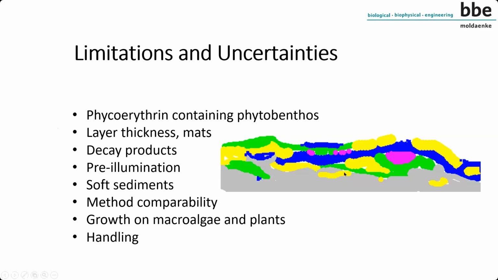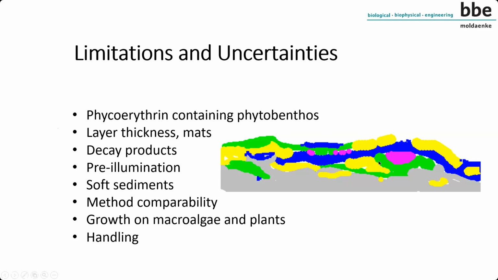And this means that for thicker mats, it's difficult to determine. We have a first assumption, which means that the layer depth of the benthic zone, which we can measure, is, let's say, around about 100